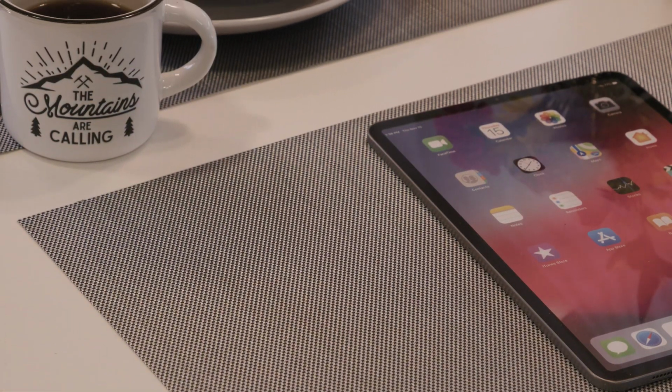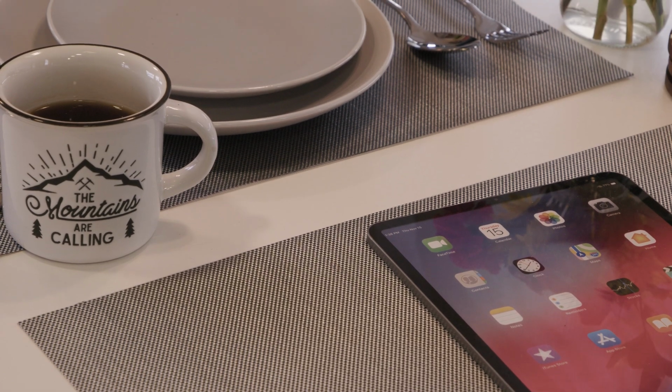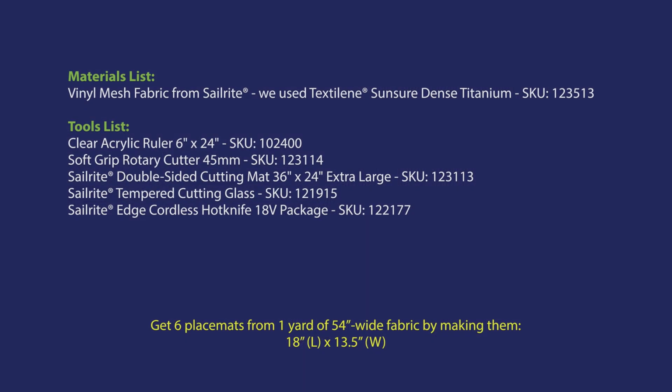Coming up next is the materials and tools list. We used a Textiline fabric from Sailrite, but you can also use a Fibertex Plus fabric for these type of placemats. Again, 6 placemats can be achieved from 1 yard of the fabric if they're 18 by